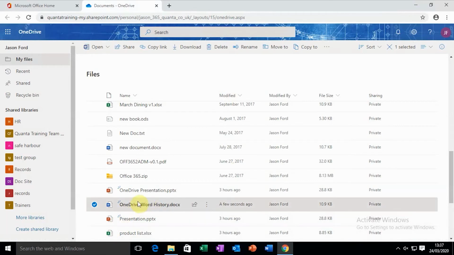So I've got my document here, I'm going to delete it. Now you may recall all the way back in the previous session I explained the only people that can actually delete files is you as the owner of your OneDrive. Somebody you've shared with, even if they've got edit permission, won't be able to delete. They can modify the content, they can't delete the object itself. So